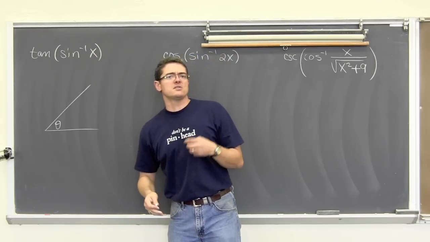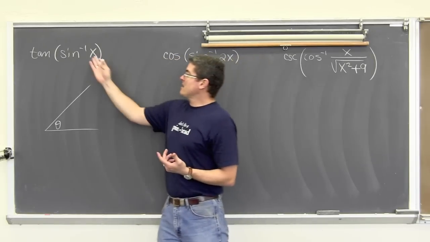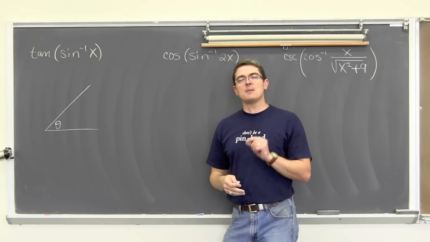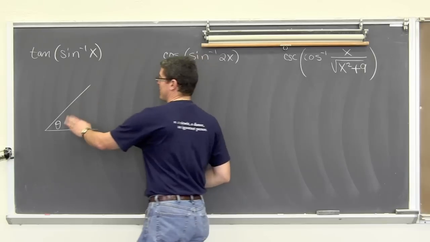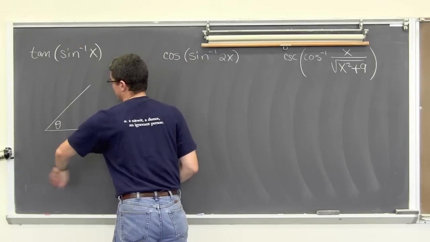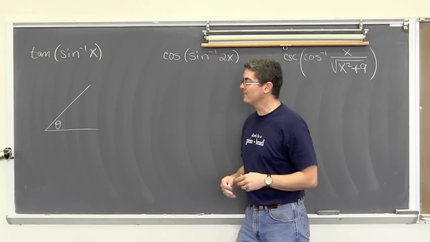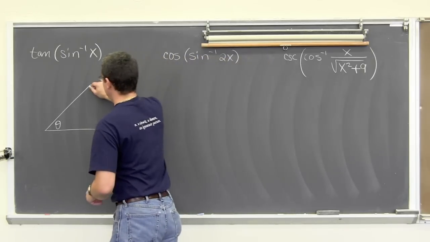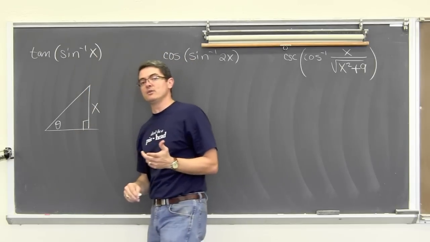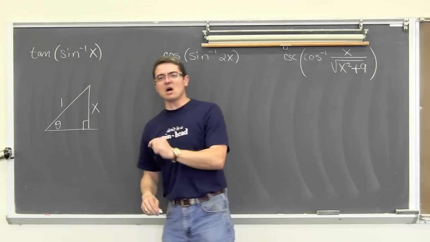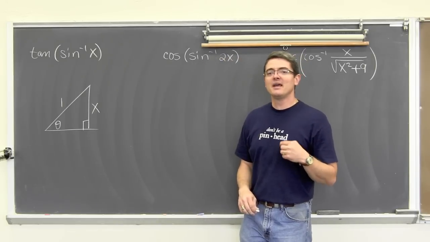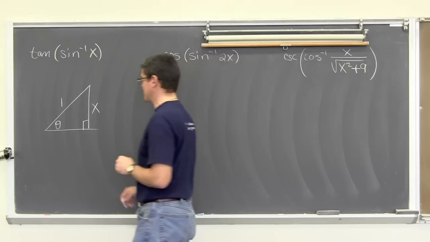So remember that sine is y over r, but saying that might be confusing since this is this x value. So let's remember that sine is opposite over hypotenuse. So if this is angle theta, and if it's an inverse trig function, it needs to be between either positive 90 and negative 90. I'm going to draw these in quadrant 1 anyway. So we have this measurement of theta, and sine is opposite, so x over hypotenuse of 1. Remember that's SOHCAHTOA, right? Sine's opposite over hypotenuse, cosine is adjacent over hypotenuse, and tangent is opposite over adjacent.